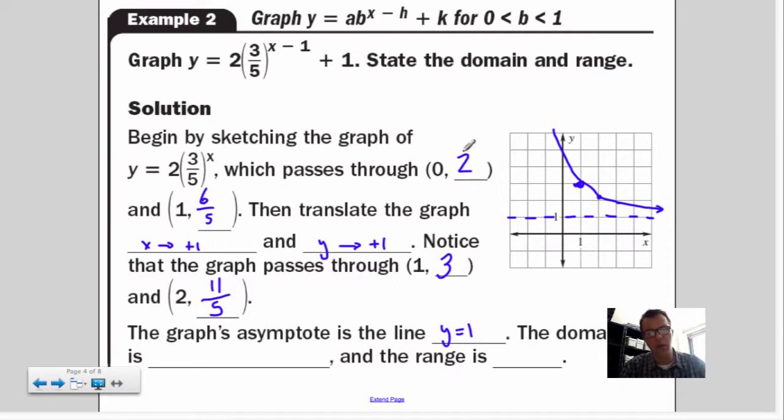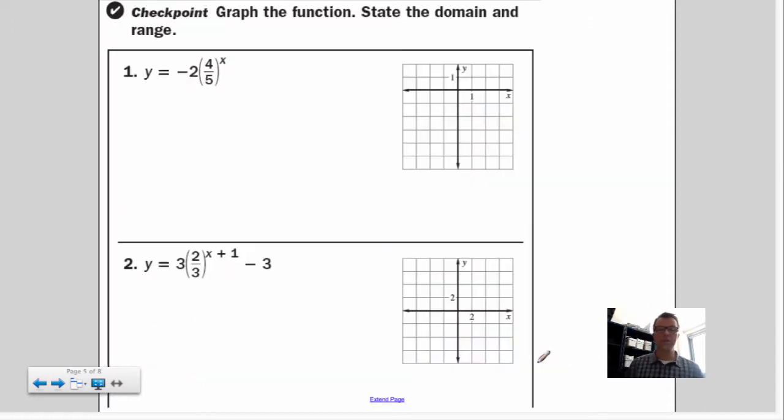Domain here again is all real numbers. That's pretty much always consistent for all exponential functions. And now the range, I would look at this and say that's y greater than 1. A nice job. So I think it's time for you to try 2 problems, and please do just take a